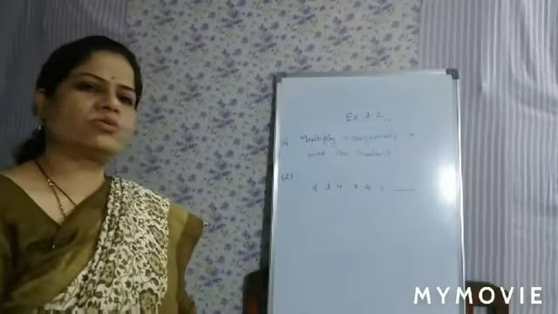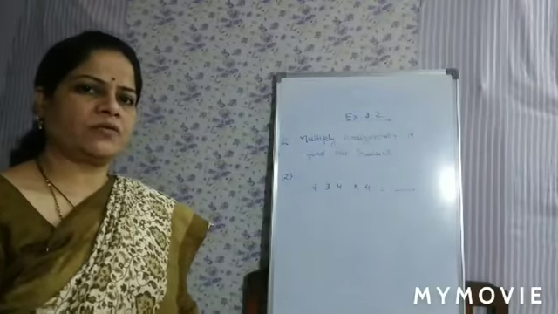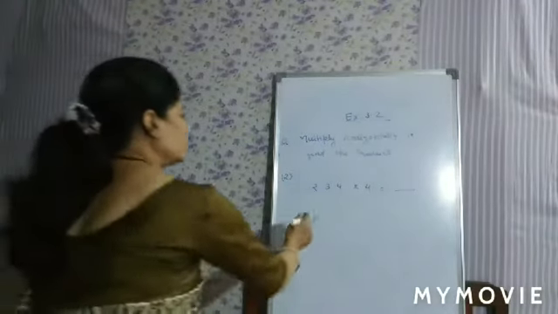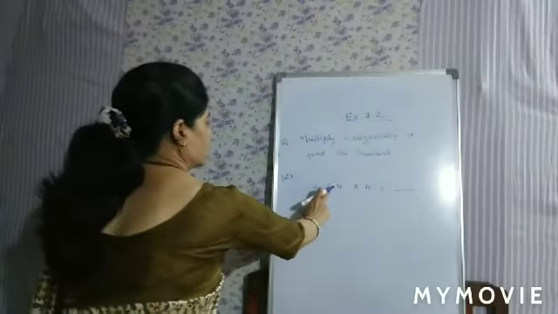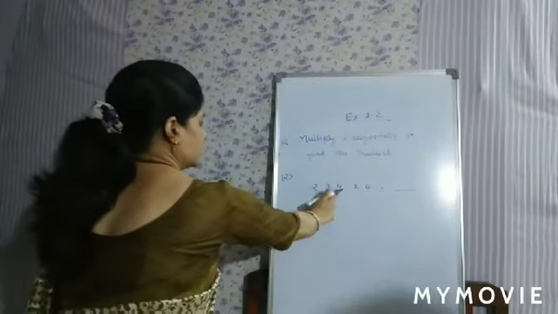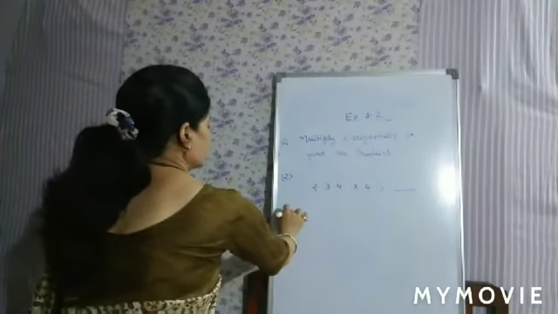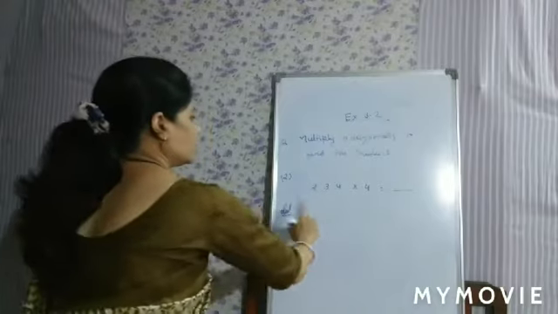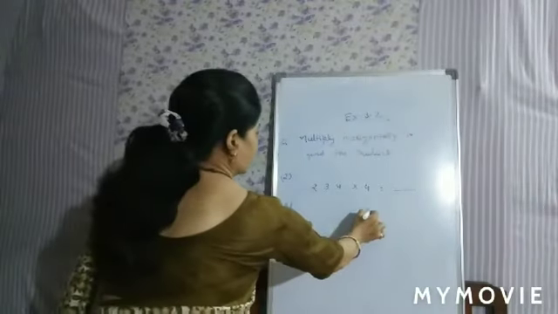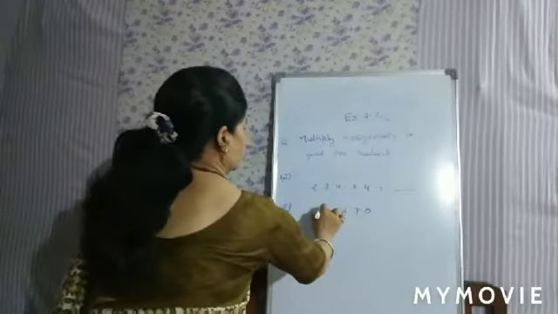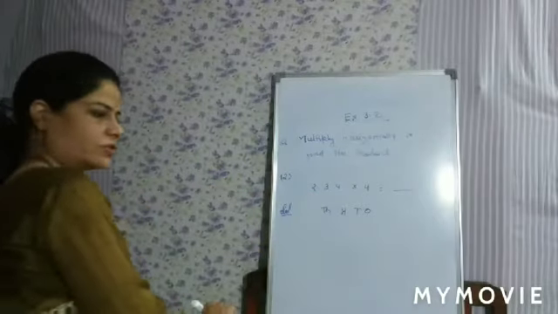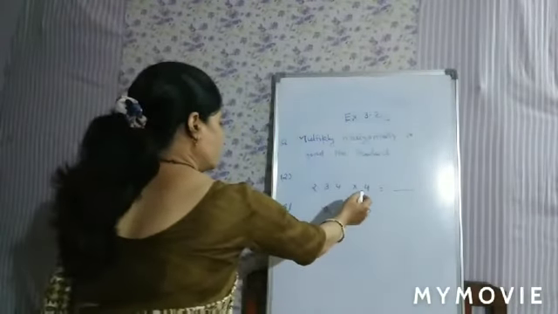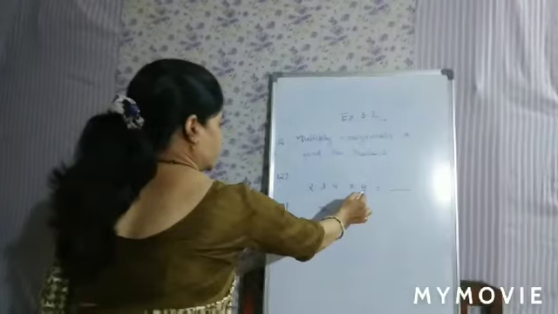Next question is 234 multiplied by 4. So see the number 234. This is a 3-digit number. So first you have to write the places up to 1000. Ones, tens, hundreds and thousands. Now you have to start multiplying horizontally.